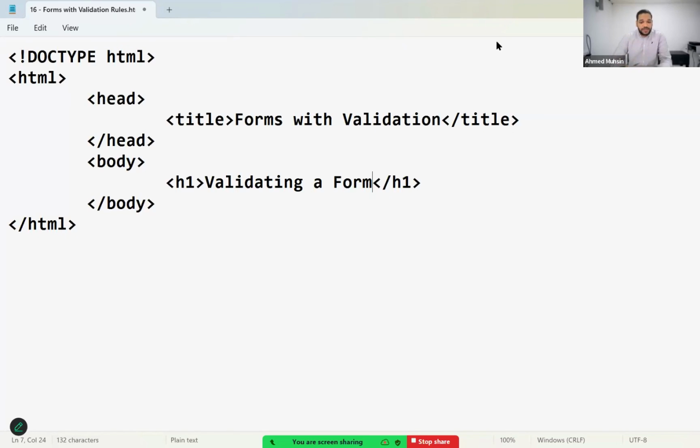Validating a form. Can somebody help me make this red color and center line? What would I have to use? Style what? Tell me that term. Attribute. I have to use a style attribute along with the is equal to open double quotes. Now, user. Yes. Inside the style attribute, what would I use? I want to make it red color. So use the